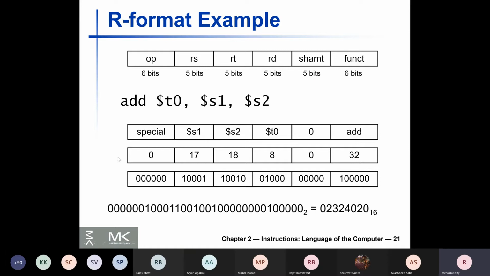Now, the opcode for add is 0, so all 6 bits are zeros, and the function code for add is 32. Why 32? Well, that's kind of ad hoc, but it is 32, which is 1 followed by all zeros. Again, the function code and opcode representations are unsigned quantities. So 32 is represented in 6 bits using 1 on the left, and that is fine. There should not be any confusion about why there is a 1 on the left.